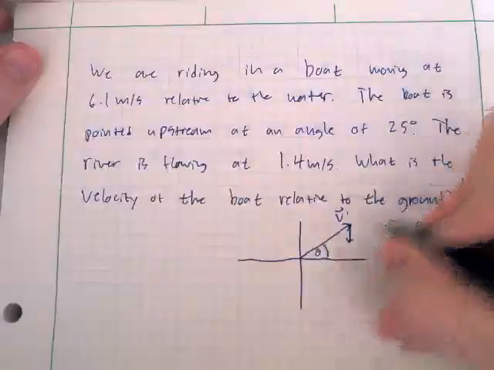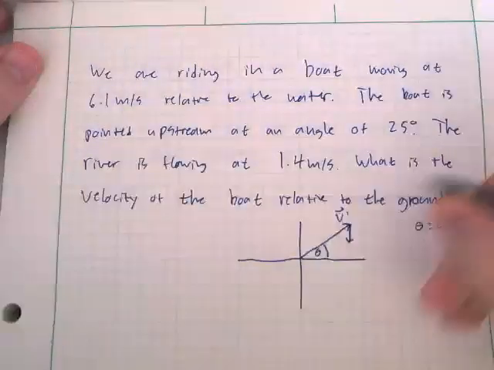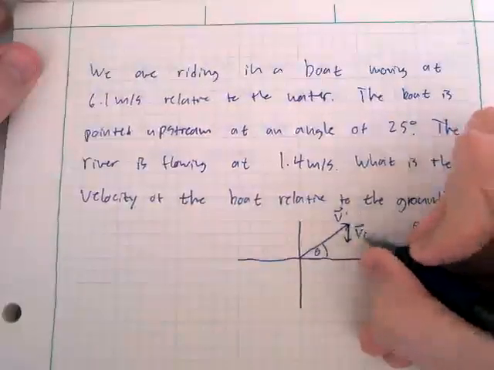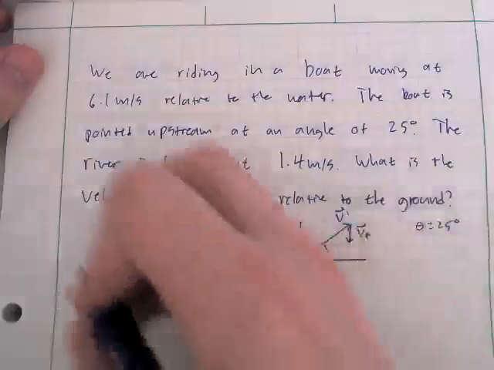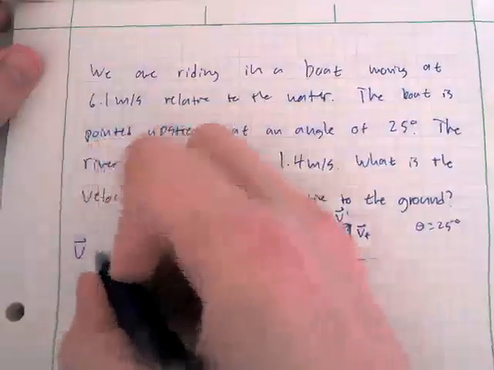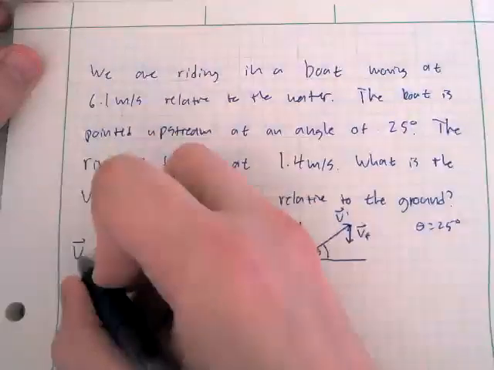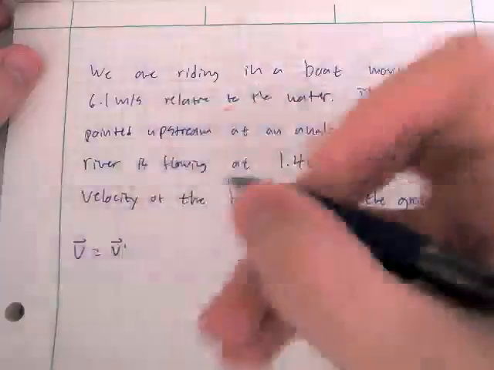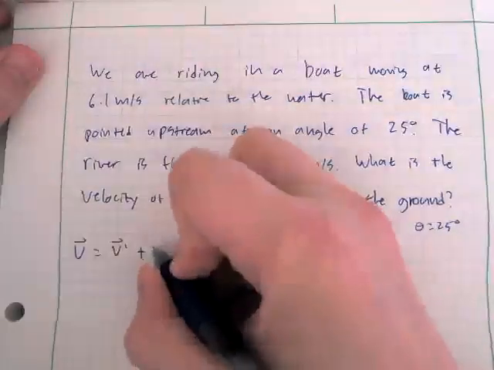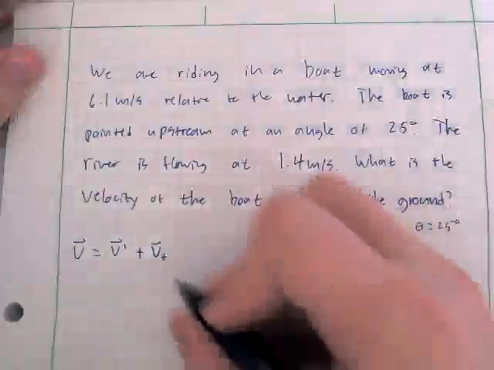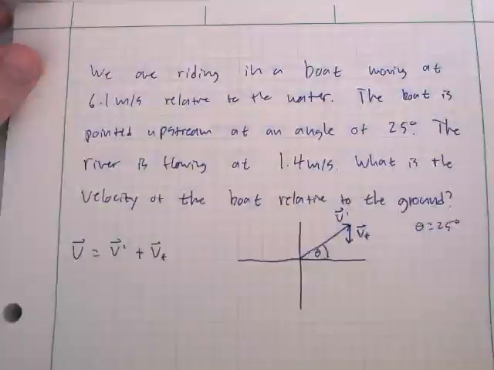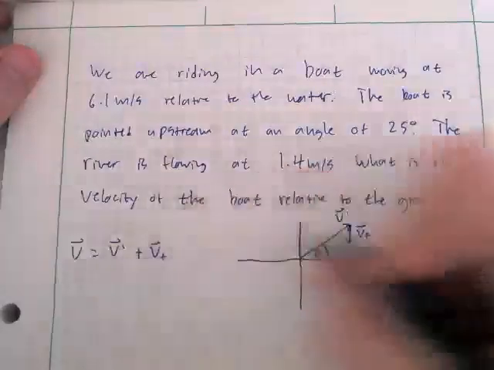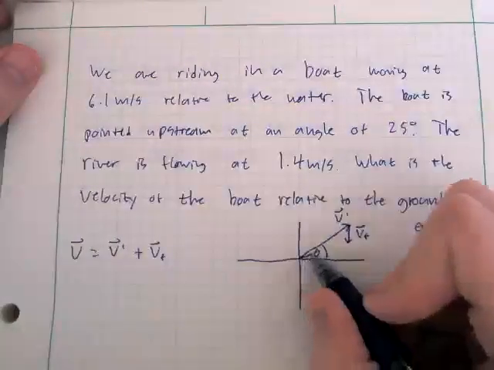So why am I drawing it tip to tail again? Well, we are adding these vectors together, and we need to remember conceptually what adding vectors together means. This is going to be the velocity of my moving frame. So let's keep track of our formula here. The velocity of the boat relative to the ground equals the velocity of the boat relative to the water plus the velocity of the moving frame, which in this case is the velocity of the water itself. So here's my v prime, here's my v of the frame. These two have to add together, and this will give me